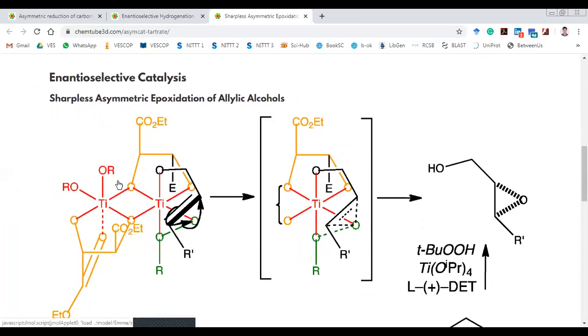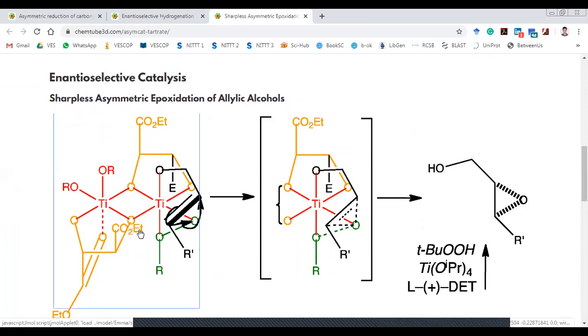You can see this is the structure we have seen here. R stands for any alkyl groups. In general, it is shown. When you click, this is how